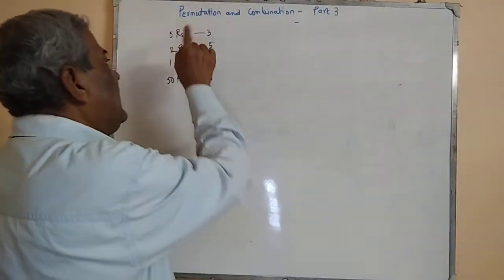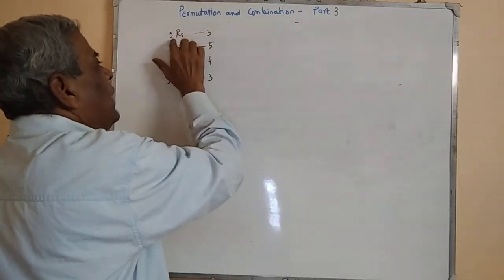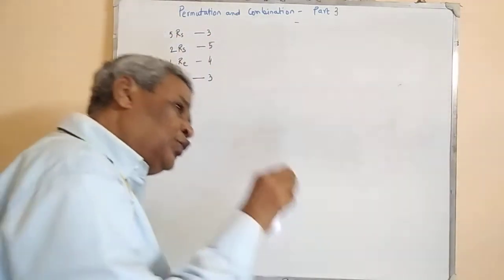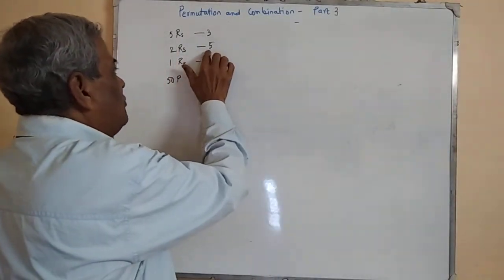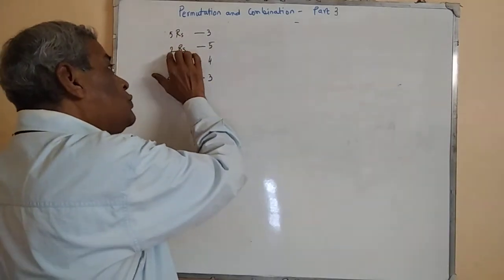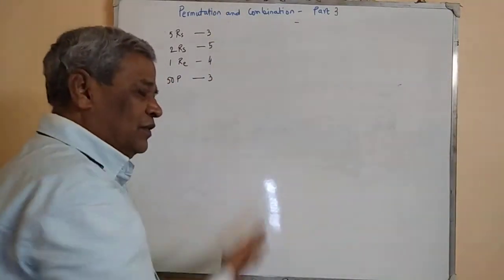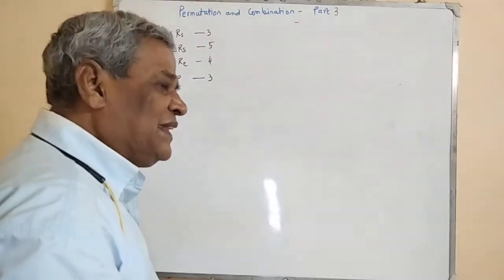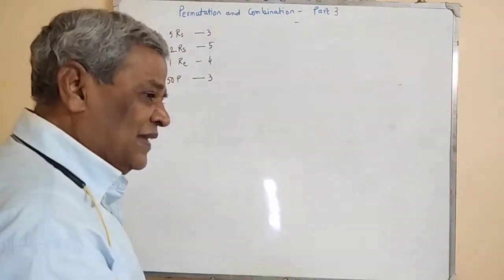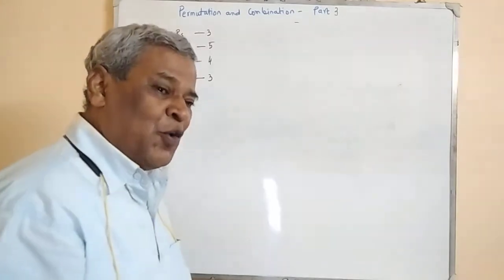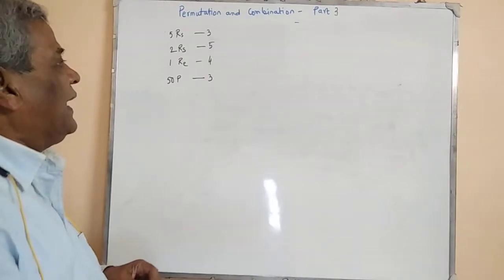If she wishes, she can give one 5 rupee coin, or two 5 rupee coins, or three 5 rupee coins, or she can give a 5 rupee coin and a 2 rupee coin, 1 or 2 or 3 or 5, and so on. And if she thinks, she can give all of her coins to the beggar. This is the number of ways she can help a beggar.